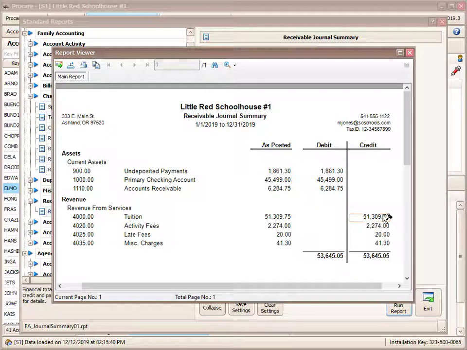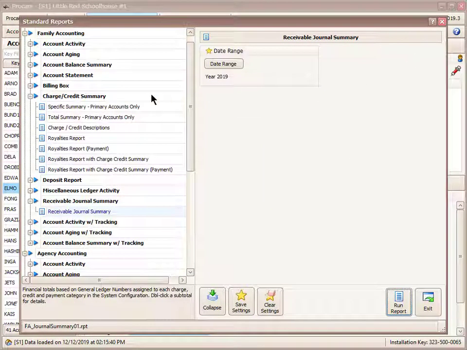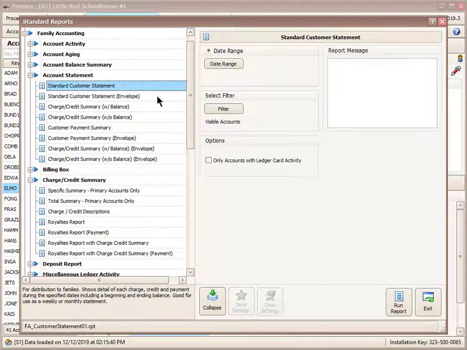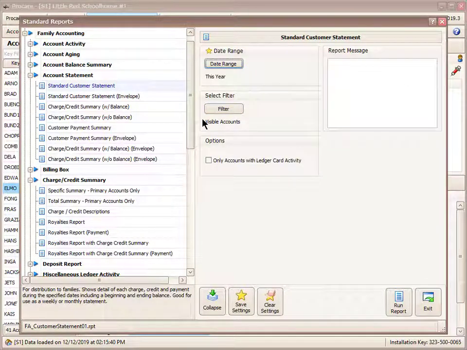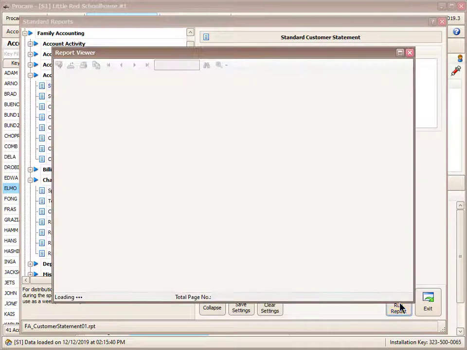On any of these reports, you can either print them out or you can save them as a PDF. So for example, on a PDF, if I wanted to record every single charge and credit for every single parent, that would be quite a large report. But if I run that report and save it as a PDF, I've just got one little file and I don't need ProCare to read it. So for example, if I wanted to do something like account statements, standard customer statement for the year for everybody, or at least on the visible accounts, and I run that report,